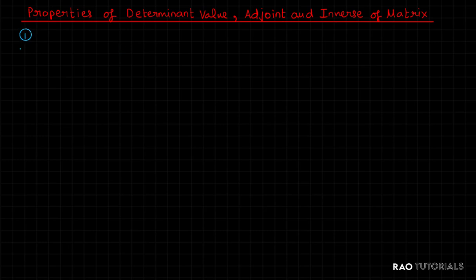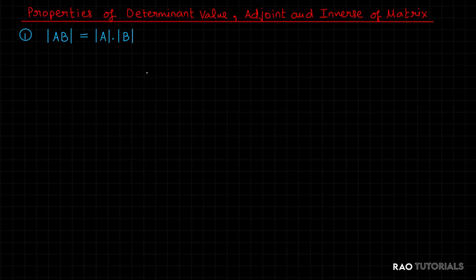The first result is, if A and B are any two square matrices of same order, then the determinant of their product equals the product of their determinants. It is a very simple result, but its proof involves things like rank of a matrix and elementary matrices, which are not yet covered in this video series. We will definitely be discussing them in the coming videos, but for now, we will just verify this result.